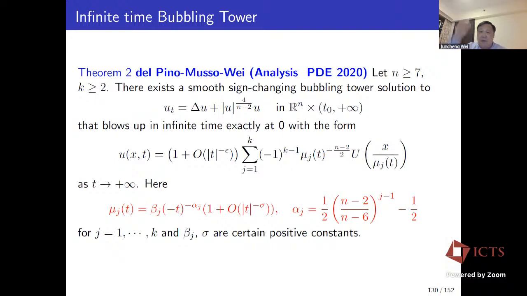Okay, so one bubble is an infinite time blob, but these are the sign-changing bubble tower. Okay, and the blow-up rate, each of the bubbles, they satisfy this type of